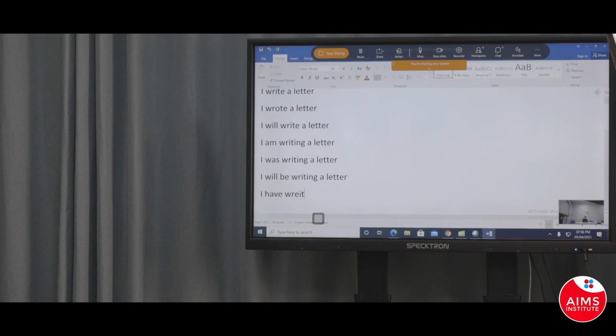I have written a letter. I had written a letter. I will have written a letter. I have been writing a letter. I had been writing a letter. I will have been writing